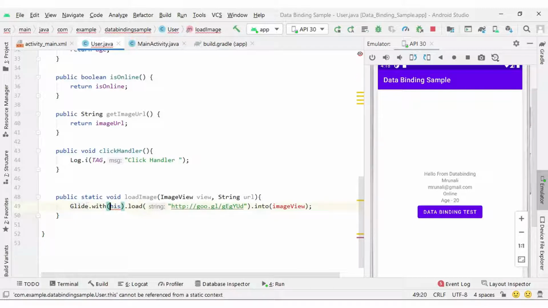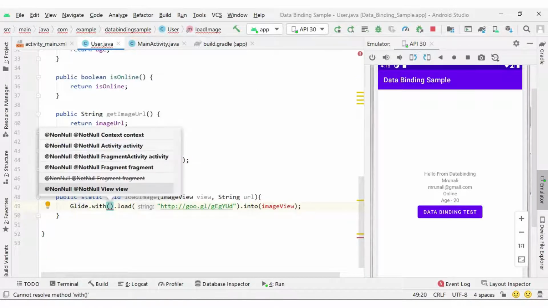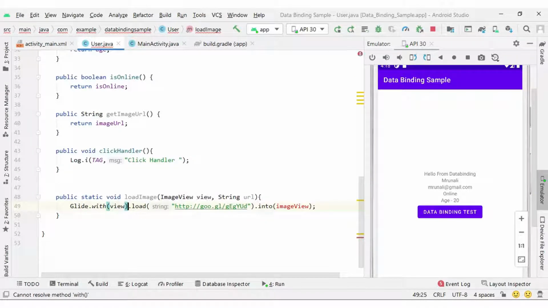This will not work here, so let me use another syntax with view. View means our image view, so I can use that view over here. And load means the URL we want to load, so I can use the URL we have in the parameter, and for the image view again we have view.